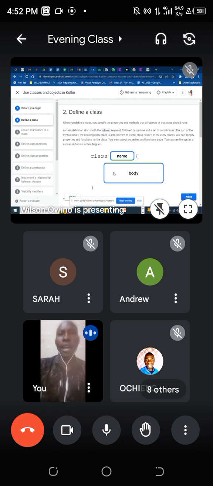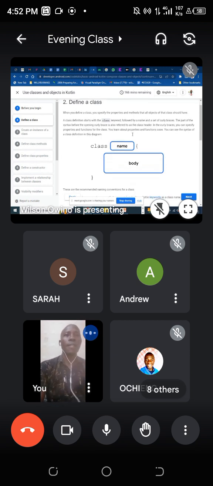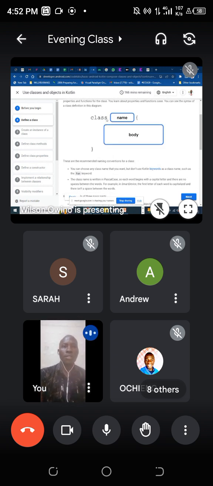Well, so a class is a blueprint of an object. Yeah, so this is the annotation of a class. So this is how we write a class. You have the class, then you have the class name. So you can have a class, then you can call it,